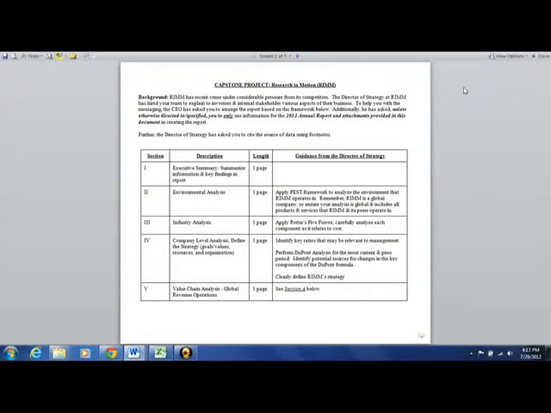Then dwell into the company level analysis, and also define the company strategy. So here's where we're asking you to leverage the DuPont analysis that you've seen before, and compare the most recent period to last year and see where the key changes are, and from a strategy standpoint, what might be causing those changes. And then value chain analysis.